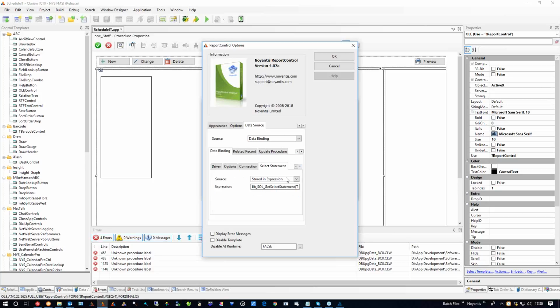Go across to our select, and I could have actually put the raw select statement in here, or I could have put it in embedded code, which was fine. But it does mean if I'm going to have some lookup screens. So I've got my browse, but I'm also going to have a quick lookup screen for selecting staff members and selecting locations. Well, I can now use that same select statement in those as well in one central place,